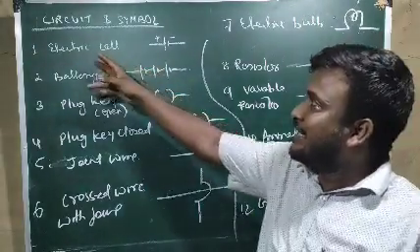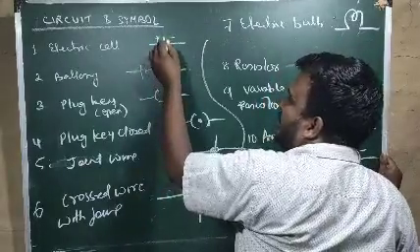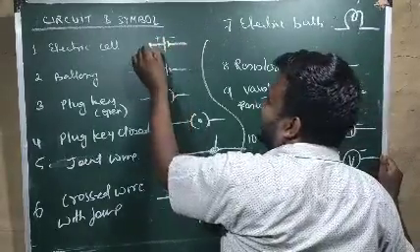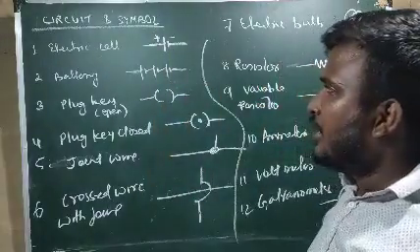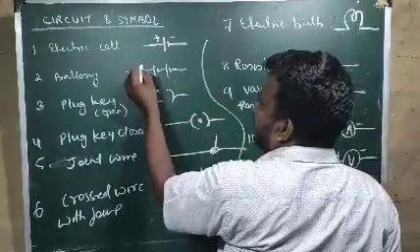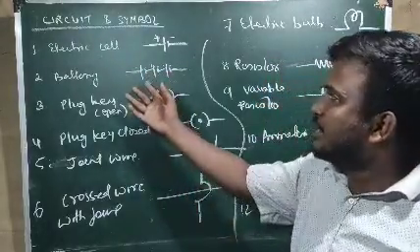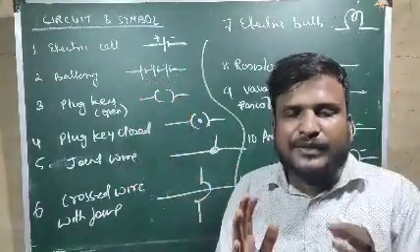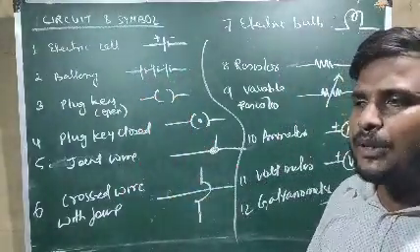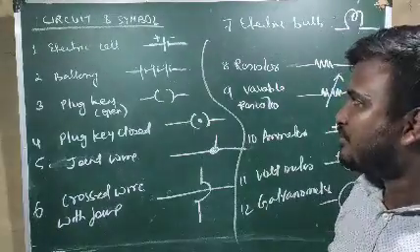So number one, you see electric cell. This kind of figure wherever in the electric circuit you will get, this is nothing but a cell. Now if many cells are connected in series, if many cells are connected together, you see how many cells are there here? Here one cell, two cells, three cells. The combination of cells is called nothing but the battery. So whenever you hear the word battery, that means many cells are connected there.